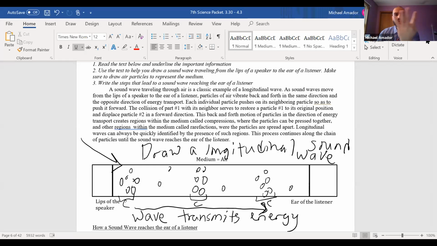Are you guys able to see my fingers? I've got 4 fingers up in the air. Yeah. So they're spread out now. If I pushed my pinky in towards my other finger, I'm causing a compression. My pinky will push these 2 fingers together. And now there's a rarefaction between my pinky and my ring finger. I bump into my middle finger, which is then going to push over to my index finger. And this is very hard. I'm not dexterous enough to do that. That would be pretty cool if I could do that.